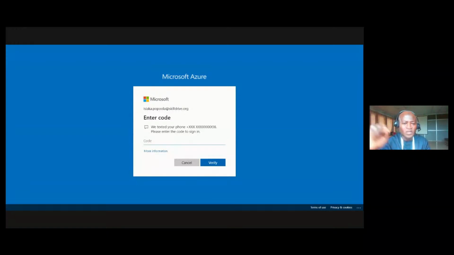All right. Because my phone is off because of this training, I may not be able to switch it on to get this code. Let me try to use another email. Let me make use of this, because for me to make use of this organizational account, I have to switch on my phone and enter the code before I can